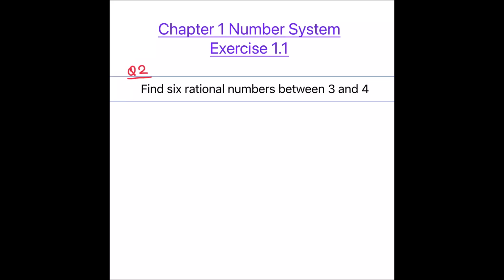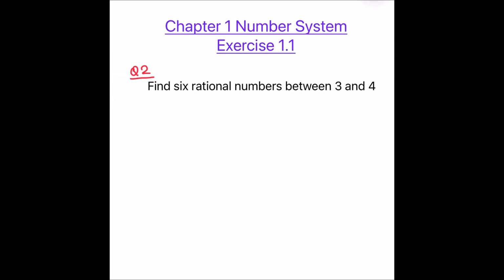Hello students, in this video we are going to solve question 2 of exercise 1.1, chapter 1 number system of class 9 math. So the question is find 6 rational numbers between 3 and 4. So this question can be done in two different ways. The first way is the easy one, which is the first method. In this method we can directly write the numbers between 3 and 4. The 6 rational numbers between 3 and 4 will be